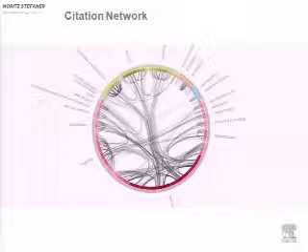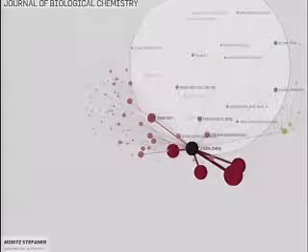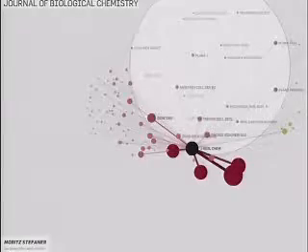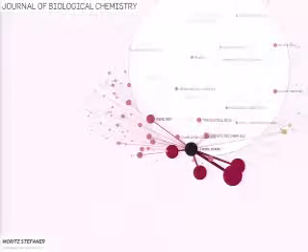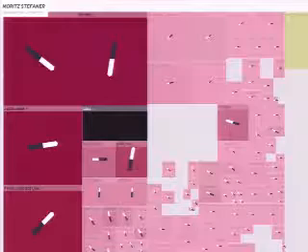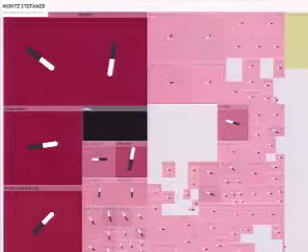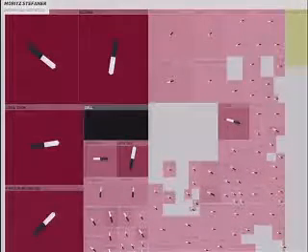Again, this is the way that he did this: a citation network for the journals. And this is the journal network. You can see which journal is citing the other journal, so that you can get a quick snapshot of what's happening in an area. Again, this is the Eigenfactor that shows the journals, and you can see which journals are citing which journals and which journals are being cited by that journal.